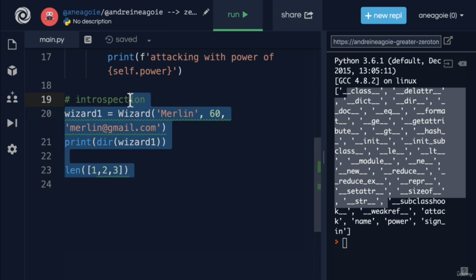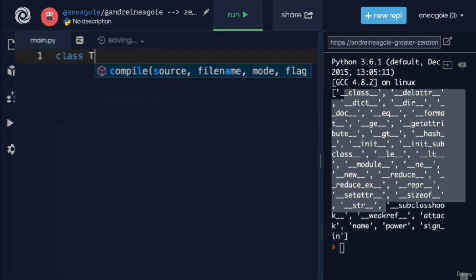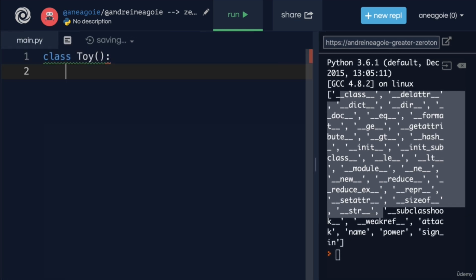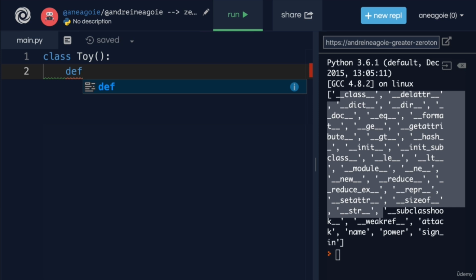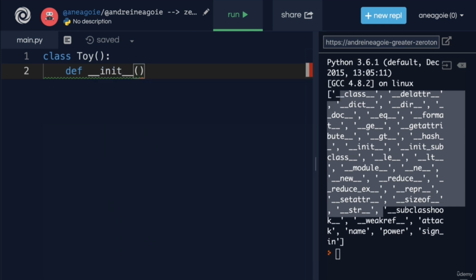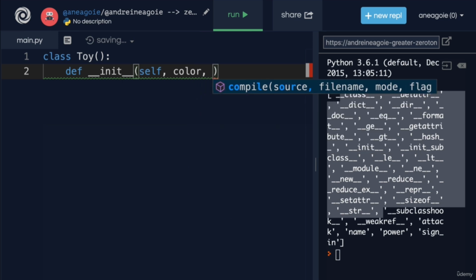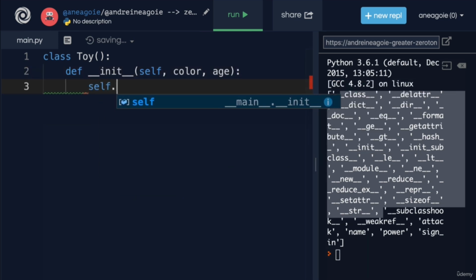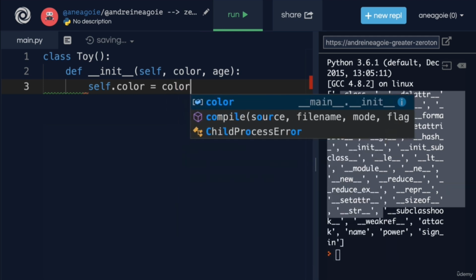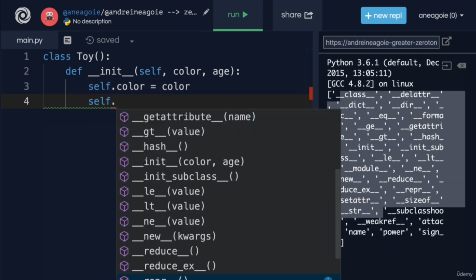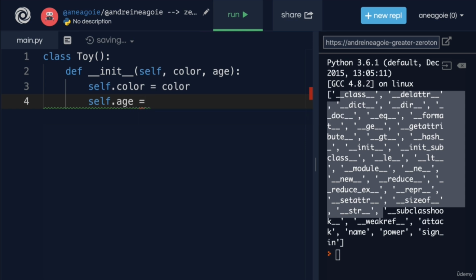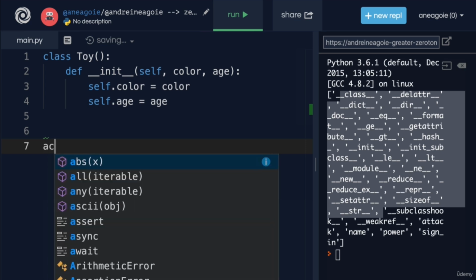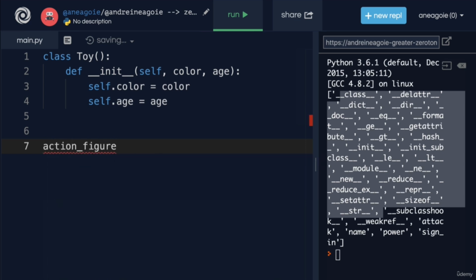So let me show you what I mean. We're going to create a new class, and this is going to be a toy class. Now, in here, we'll define a toy and initialize it with self. Then we'll say that it has color and age. Now we'll say color equals color, so these will be our attributes, and age. Awesome. There's our class. Now, let's say we want to create an action figure. This action figure will be instantiated with toy, let's say color of red, and the age is brand new,